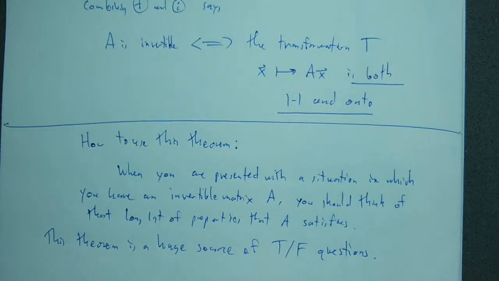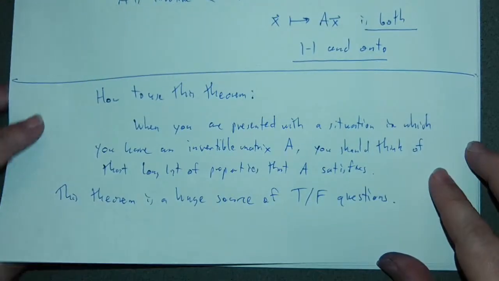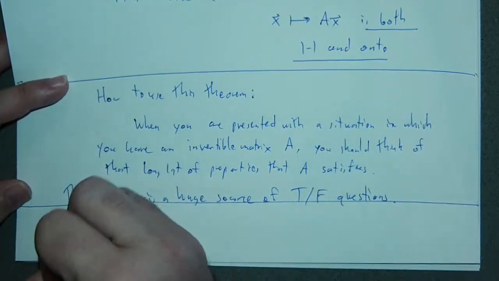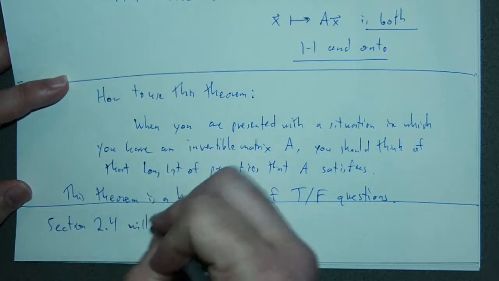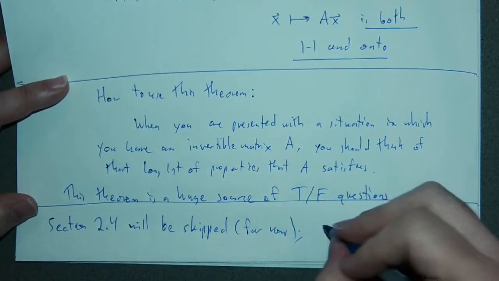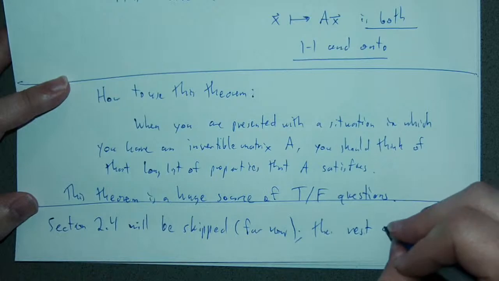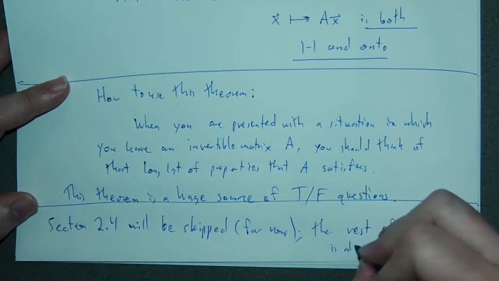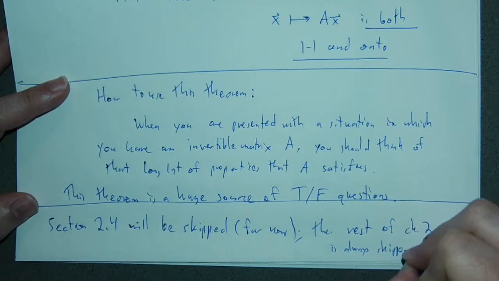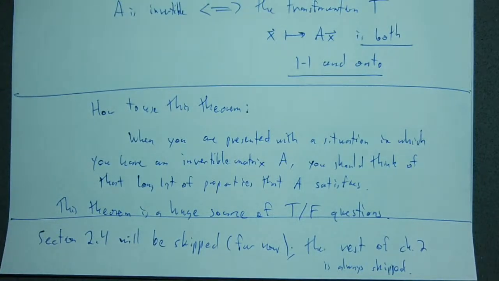Okay. So 2.4 deals with partition matrices. I'm not going to do that till the very end. So I will return to 2.4, but only very quickly. So section 2.4 will be skipped for now. The rest of chapter 2 is skipped forever because we're going to do it anyway in another form. There's no point in doing it in chapter 2 when we're going to do it in chapter 4 in greater generality. So it's inefficient to do it in chapter 2. And so that does it for chapter 2. And so we get into